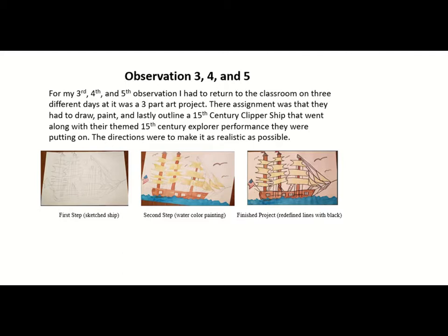Blake raised his hand and contributed that all the ships had large sails on them. Other students added such things as the shape of the sails, the ropes, the ships were narrow, they had large poles holding the sails up, and how there were several sails on each boat. She then went on to discuss and exchange conversation about the history of the ships and what they were used